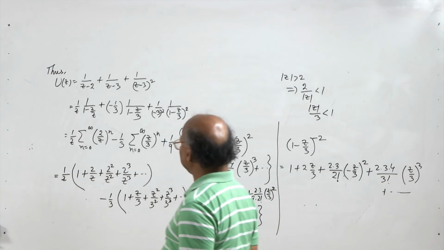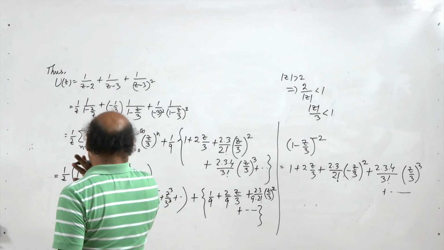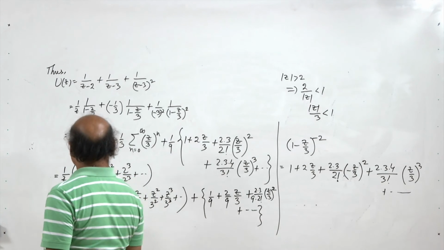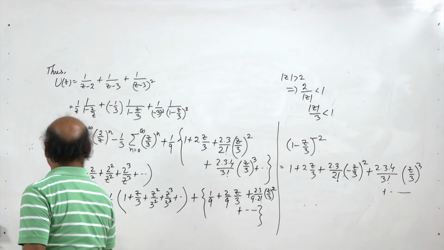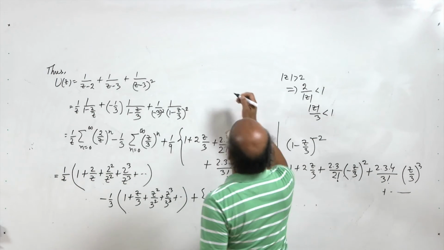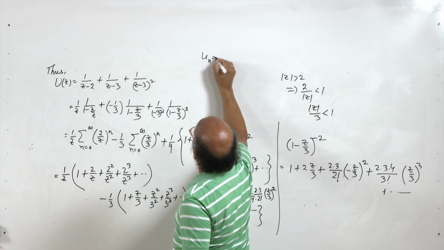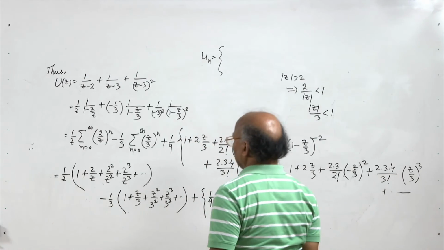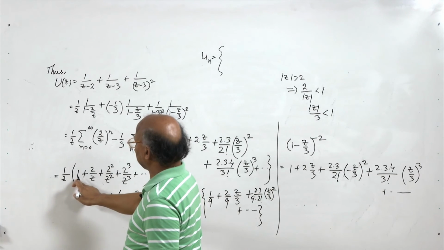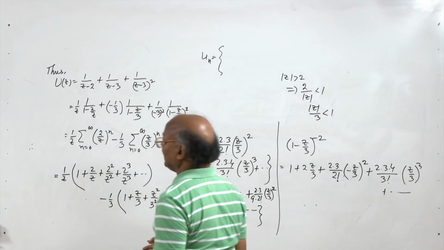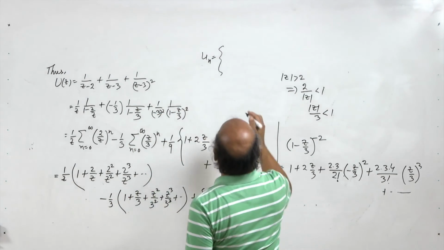Now, let us determine the sequence un from here. For n greater than or equal to 0, we will get the value of un from this, because for the sequence un we have to find un for the values of n greater than or equal to 0. So, for z to the power minus n, when n is equal to 1 and onwards, so n greater than or equal to 1 gives you,